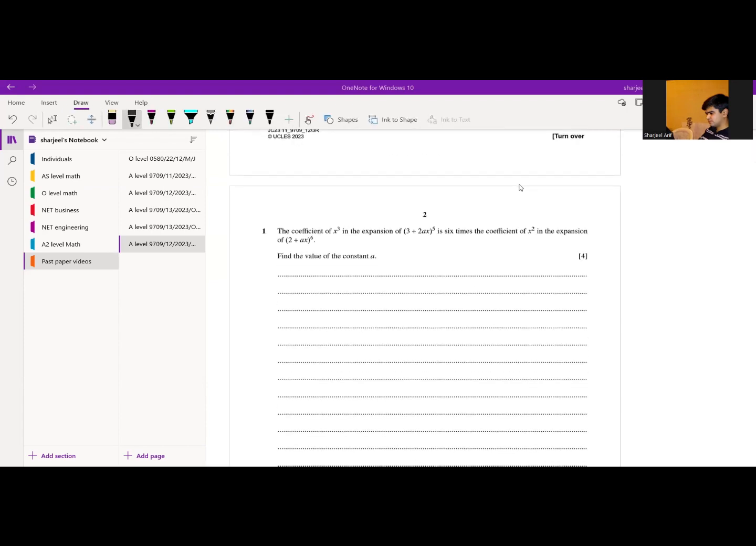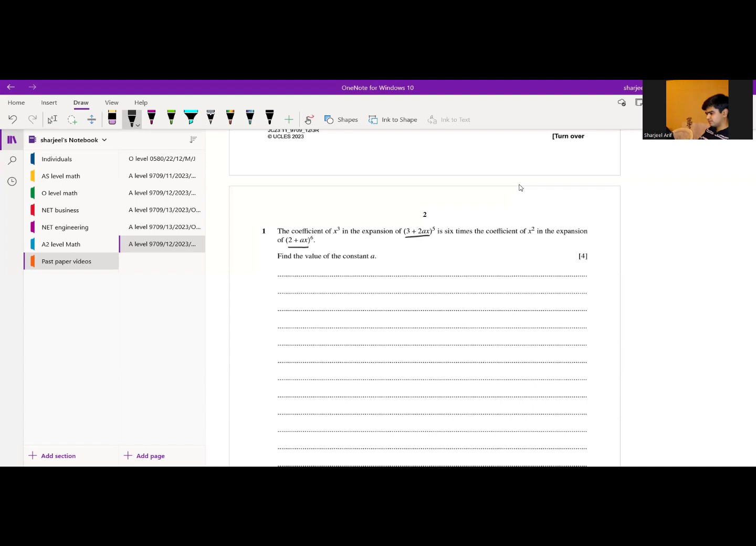Now look at question number 1. In this question, we have to find the coefficient of x cube in the expansion of (3 + 2ax)^5, which is 6 times the coefficient of x squared in the expansion of (2 + ax)^6. So we have to find the value of a. It's from the binomial